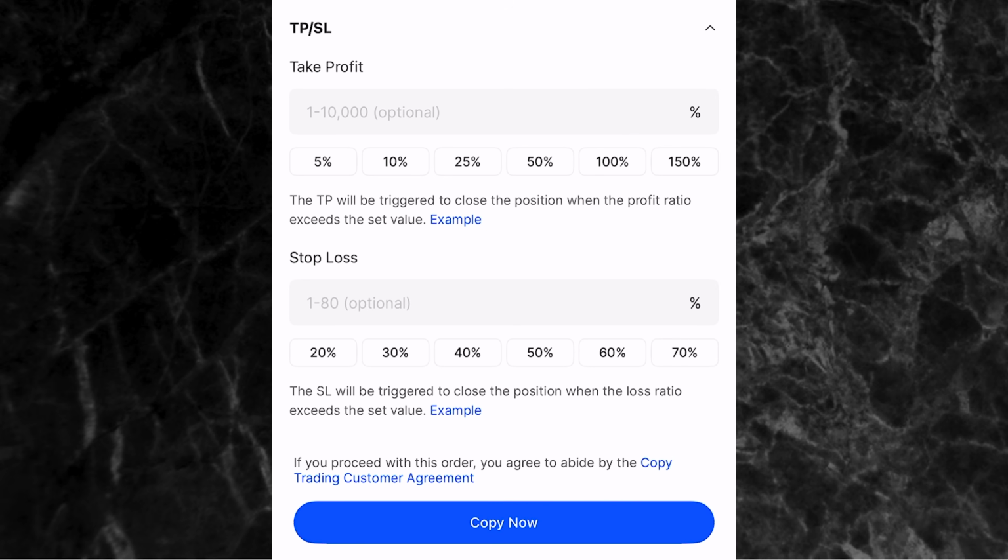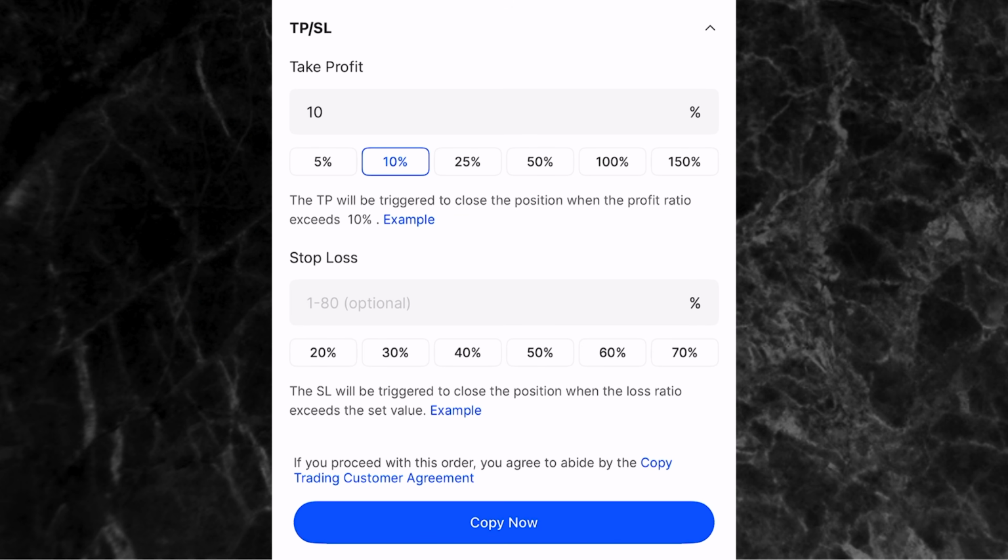And then you see where you can enter the take profit and the stop loss. And you can enter it in percentage. So you can see you have 5% up to 150% for take profit. And for stop loss, you have 20% up to 70% right here. Now, let's say, for example, for every trade you want to be taking 10% profit, you click on 10% right